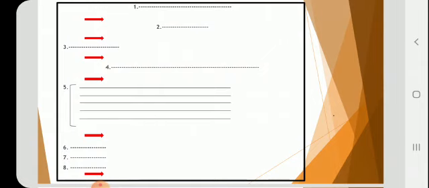And on number 4, write down the appropriate heading for the notice. This heading is also to be written in capital letters. So children, you have seen numbers 1, 2 and 4. All these things are to be written in capital letters only. Now comes the main part, which is the body, or you can call it content. It includes all the relevant information like date, time, venue, fees, last date, whom to contact, etc.